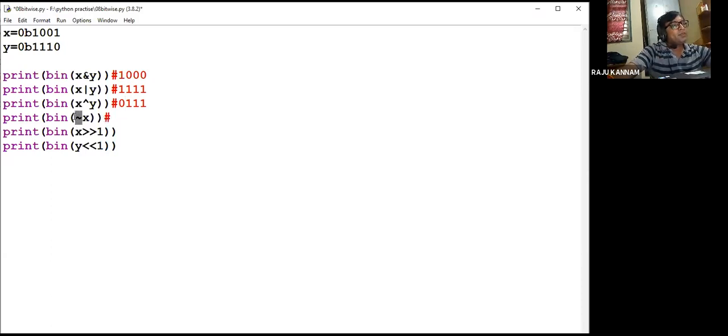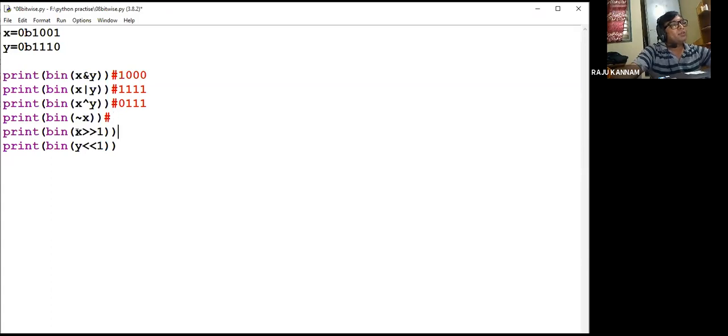And here the NOT operation. This is the symbol for bitwise NOT. The x value is 1001, so it will be converted into the opposite value. I'll explain this once we execute it, because we'll get a different answer.